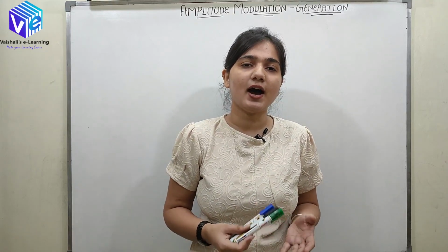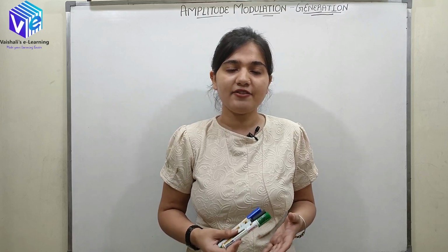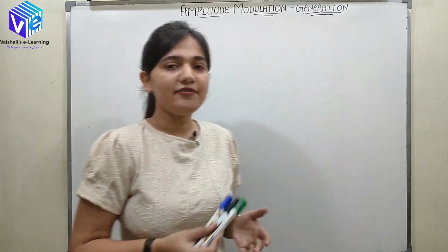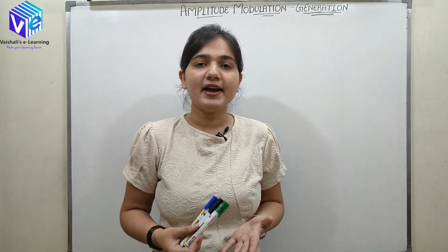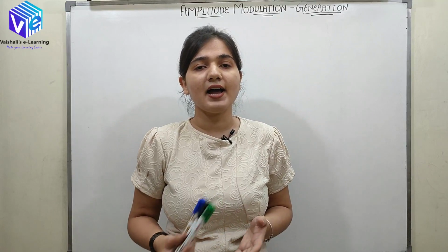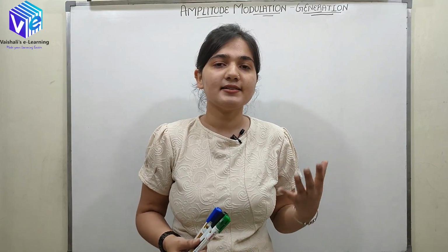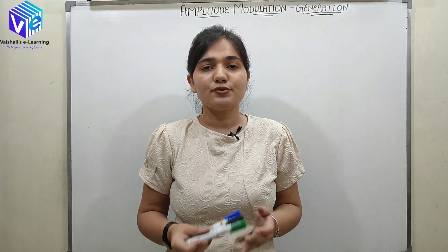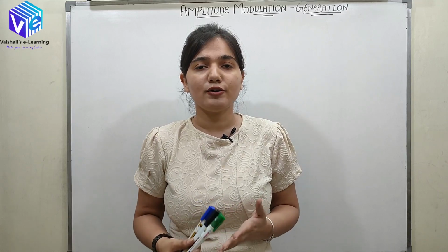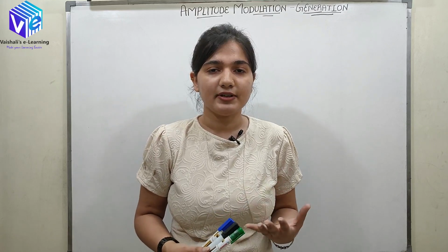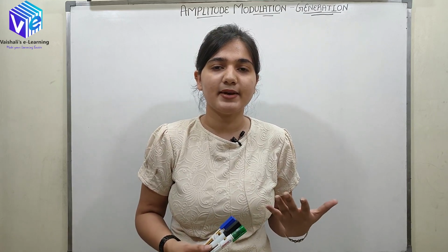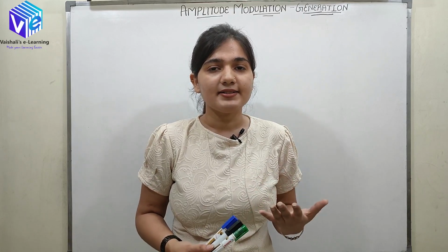After that, we are going to see some practical circuitry and its mathematical representation, and how we can generate the AM wave practically. Now if I classify amplitude modulation generation, I'll classify it into two types. First is the higher modulating index method and second is the low modulating index method. We are discussing just the lower modulating index method because it has basic circuitry which everyone can understand. Higher modulating index methods have some advanced circuitry.